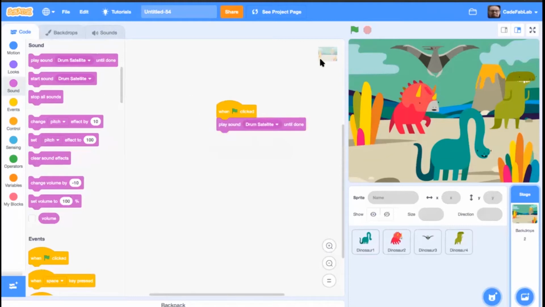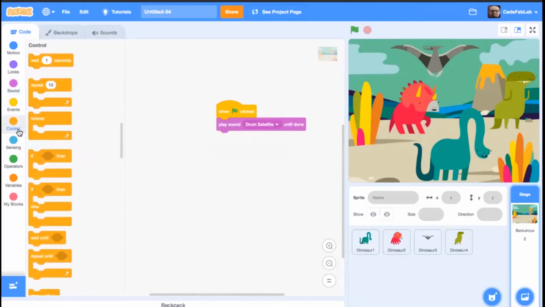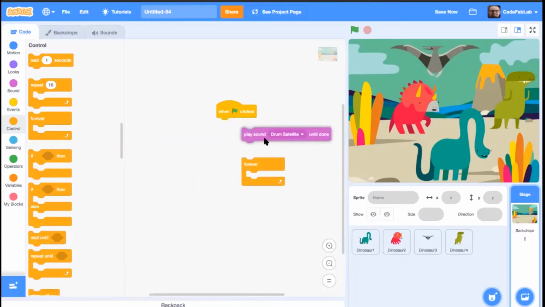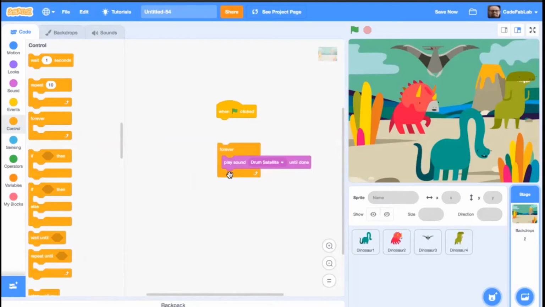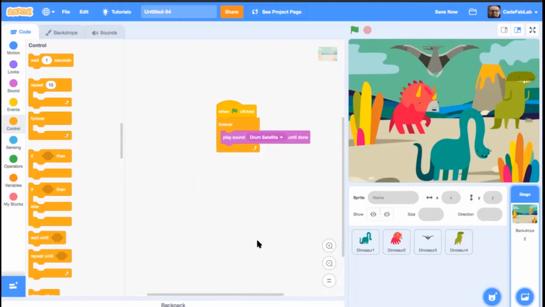So what we're going to do is keep this looping over and over again using a different kind of code block called a control block. Under the control tab, you can find a bunch of funny looking blocks with different shapes than we've seen before, but the one we want to look for is forever. This is called a loop, and that's because when you put code inside of it, like a sandwich, it loops over whatever it's containing. So whatever this block goes around, it will loop all the way down and then back up to the very top again for the entire time this code is running, forever, until we stop it. It'll loop this over and over again. So now when we click the green flag, it will loop over and over again, allowing us